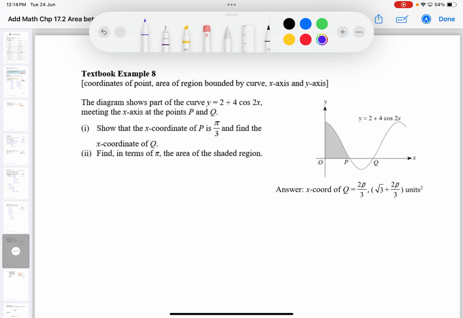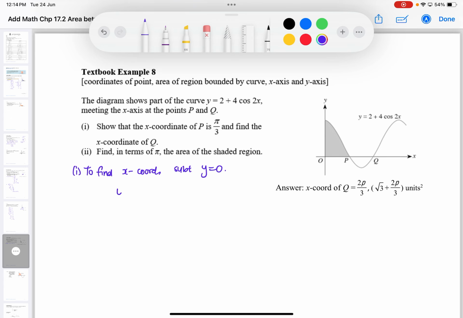How do we find the x-coordinate? Jing Yao? Sub in y equals 0, right? So to find the x-coordinate, substitute y equals 0. Okay, so this is what you have been learning in E-Math since Sec 1. So subbing in y equals 0